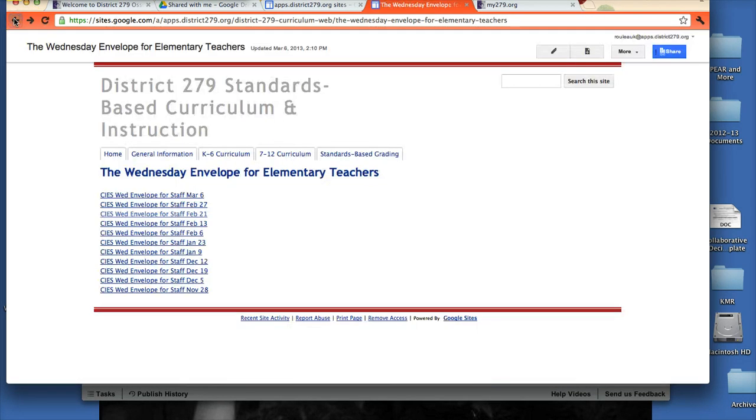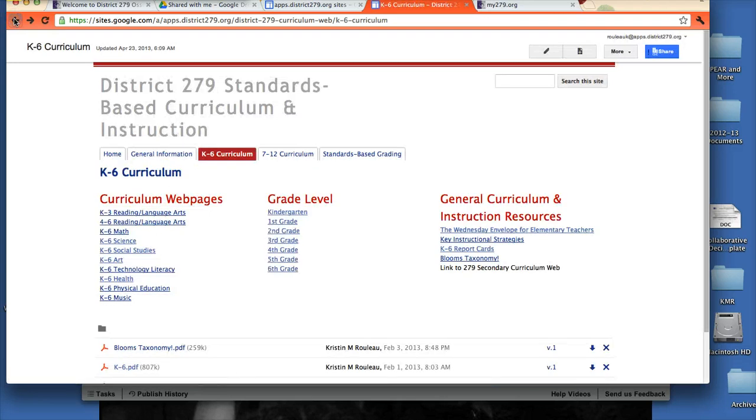Most of the documents operate with the arrow keys rather than closing tabs, just for information. There's also key instructional strategies, a copy of the current report cards, Bloom's taxonomy, and ultimately there will be additional links here as well.